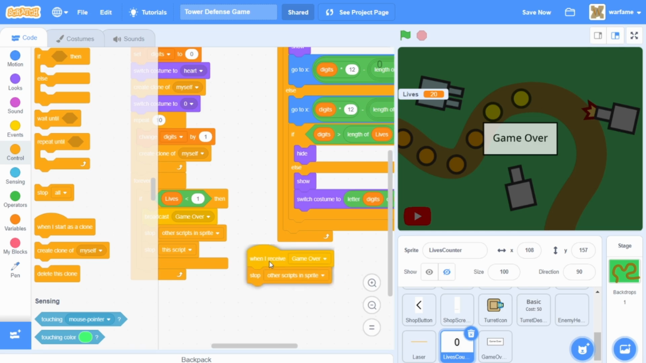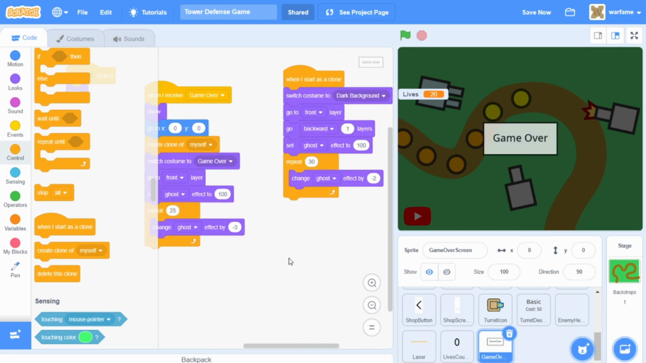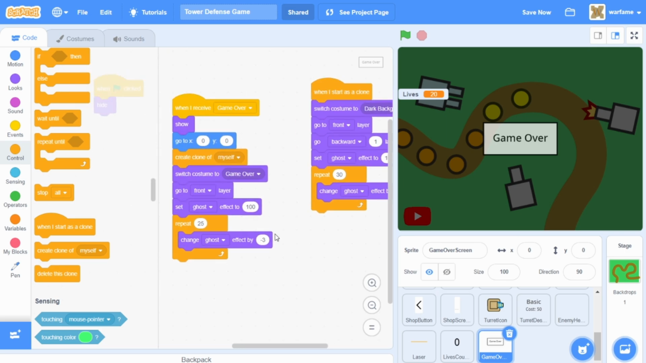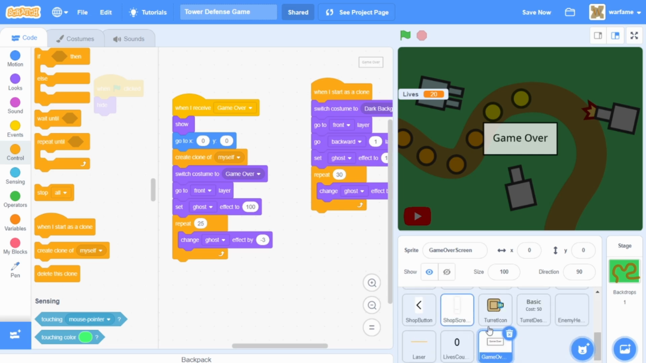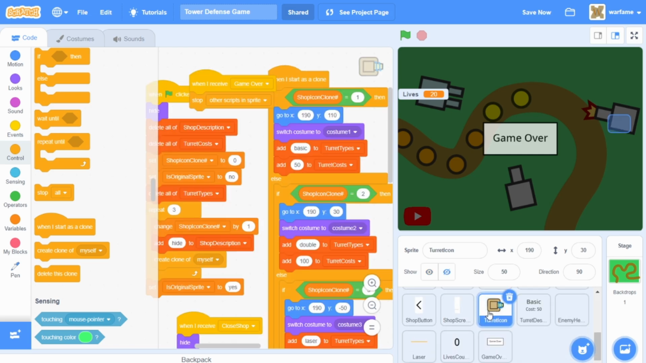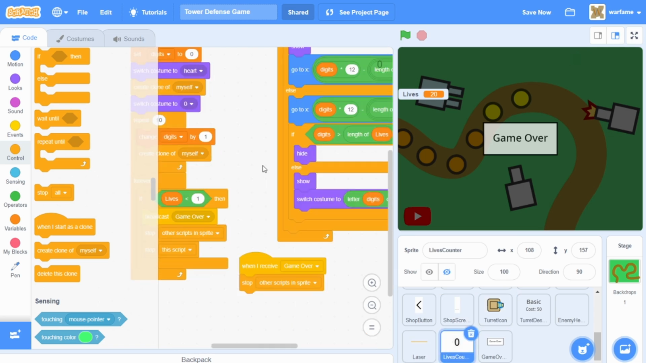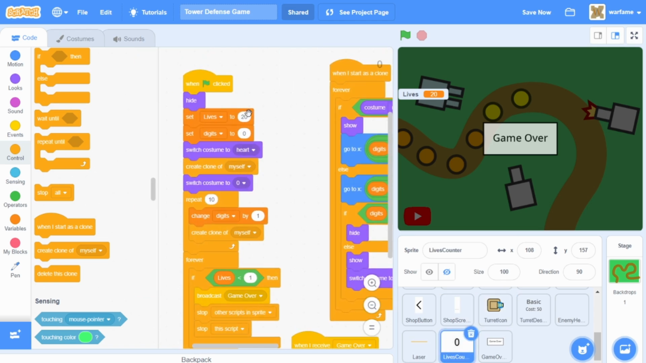Alright, so we stop all of the scripts in all of these sprites except for this game over screen sprite, because we want it to sort of fade in. So now if we try this out, then we should have a proper game over screen. And before we try it out, actually, I'm going to set the lives to 1 just to make the player lose the game quicker. So inside of the lives counter sprite, I'm going to set it to 1